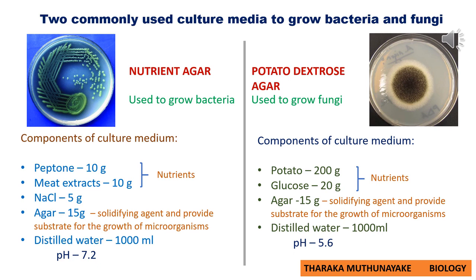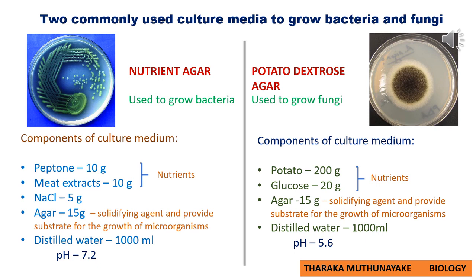Okay, then agar remains as a liquid at above 40 degrees Celsius. But when temperature decreases below 40 degrees Celsius, agar starts to solidify. In other words, we can say a culture medium that contains agar is a solidifying medium at room temperature. Okay, then these components should be dissolved in distilled water. The final volume of this culture medium should be 1 liter or 1000 milliliters. Then you can add peptone, meat extract, sodium chloride and agar as given in this slide in those proportions.